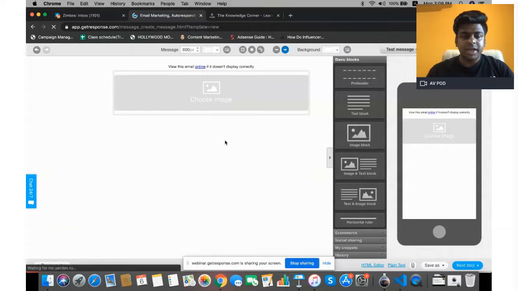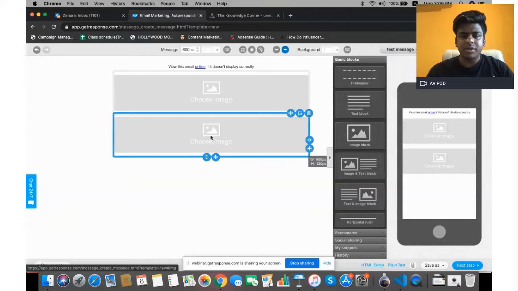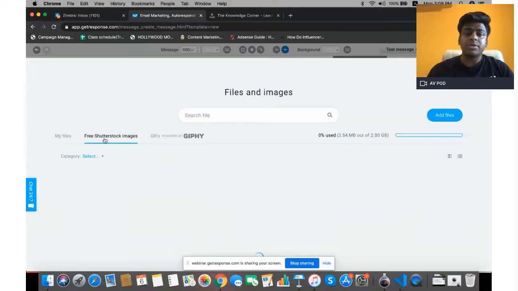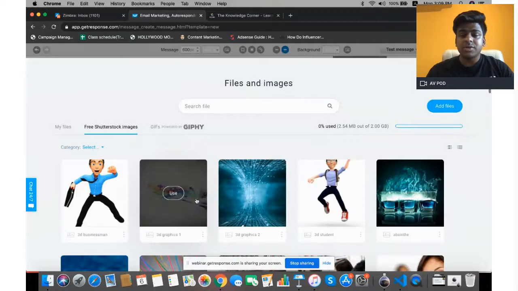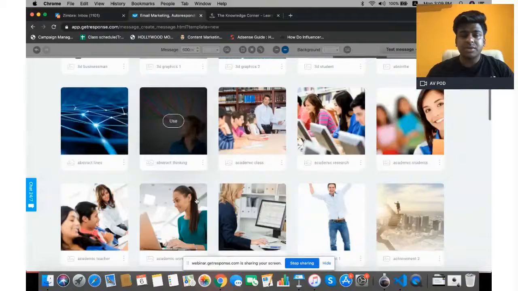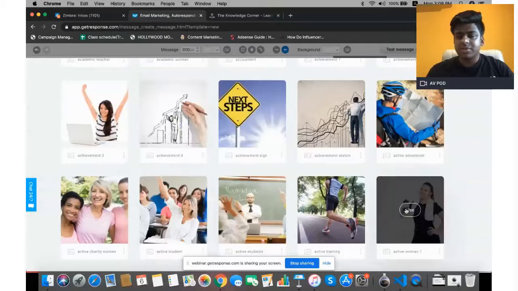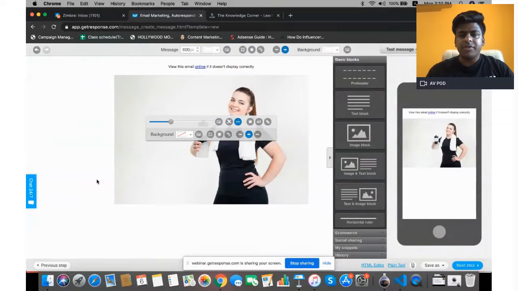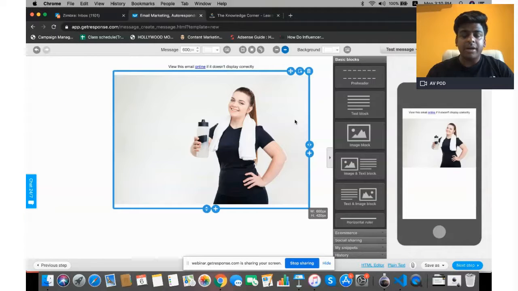I think it's loading. That is why it's taking some time. I think it got hanged. So I'll just put one image. Yeah. I can select from free Shutterstock, or I can also upload any image if I want. So why not just use, let's use this one and delete this, right? And if you think, okay, I want to add a headline above this image,